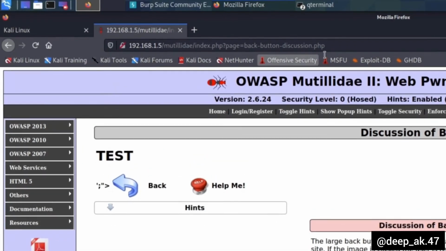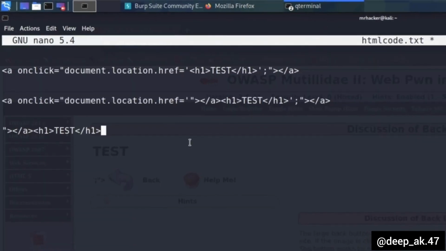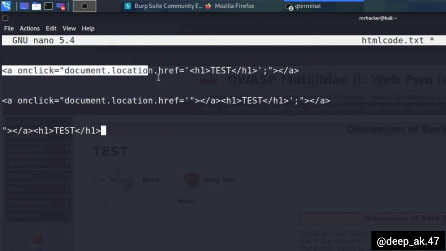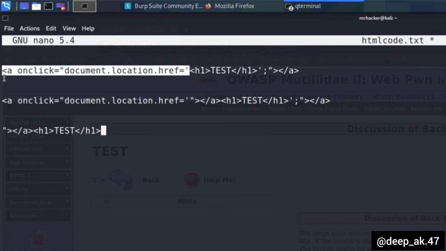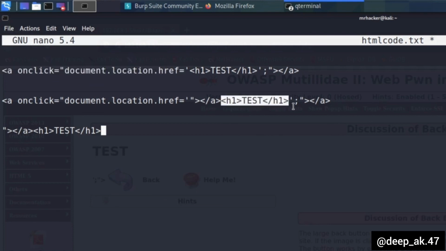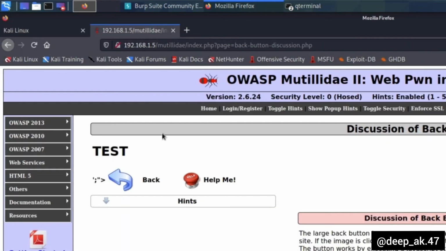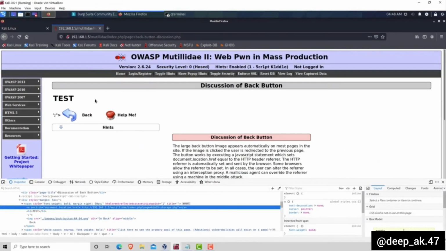So once again, in case you're confused, what we did is we took the original code, which looked like this once we injected our h1 headers. We moved the closing tags before we typed in our HTML code. Then it closed this entire line of A tags, and it processed our HTML code as a separate line, and it wrote it on the page right here. So this was a little bit more advanced example of HTML injection, and with this we are done with this